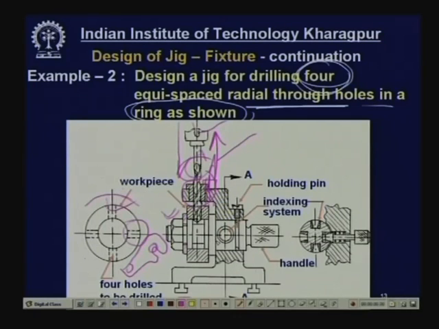So, that requires indexing. Now, before that, the clamping, in this case this nut clamps the workpiece or blank with the mandrel. But what about the mandrel? That mandrel should also be fixed in a position. How is that assured? This is a pin called locating pin, another is a strong one. So, here this is the cross section, if you take a cross section here as shown, say A, so this is a cross sectional view. Here there are 4 holes, inside the 4 holes there are 4 taper bushes,